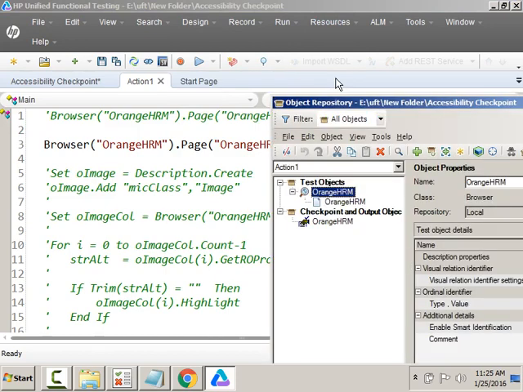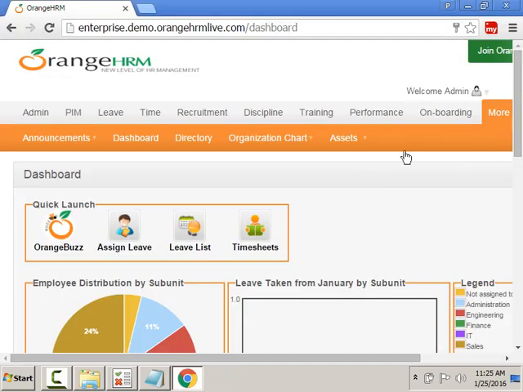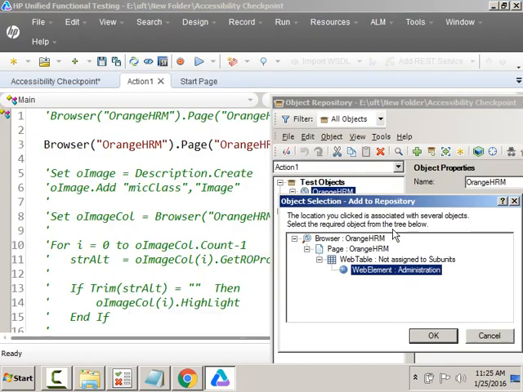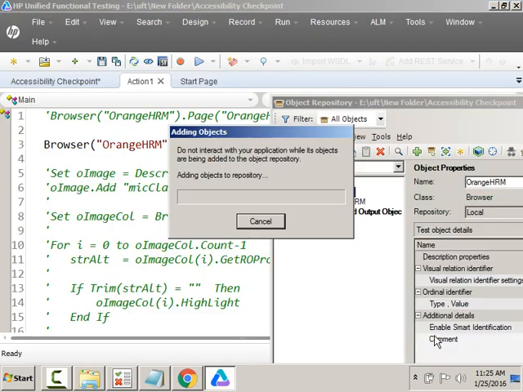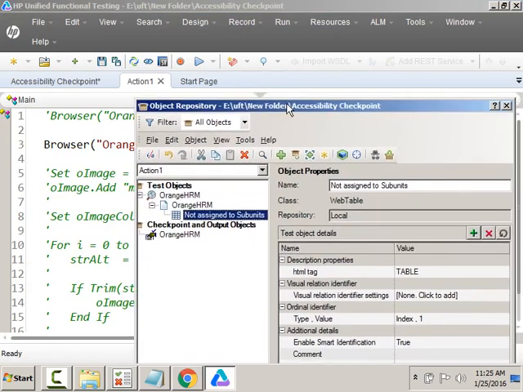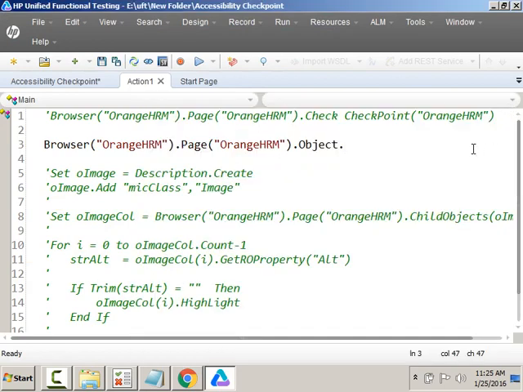So when you say inner HTML, it will display the HTML structure of that particular object. Let me add one table to the list. I'm just adding one table to the repository. Then you say dot web table